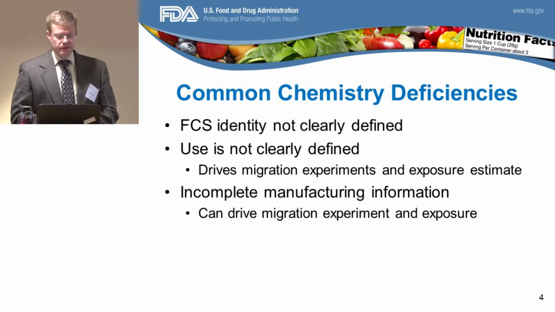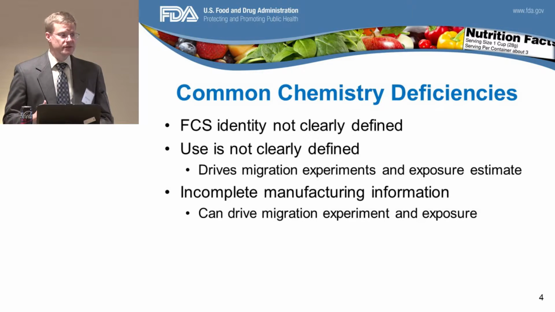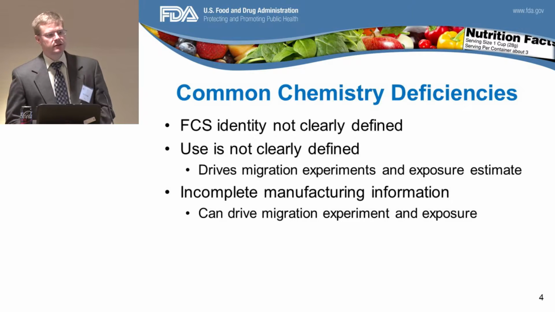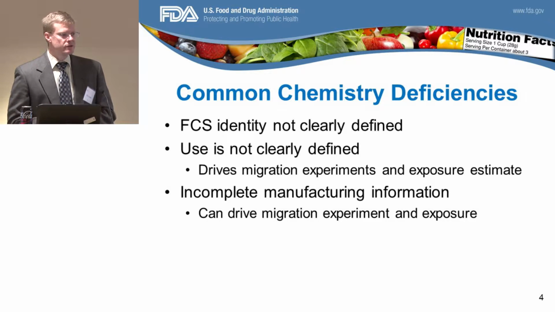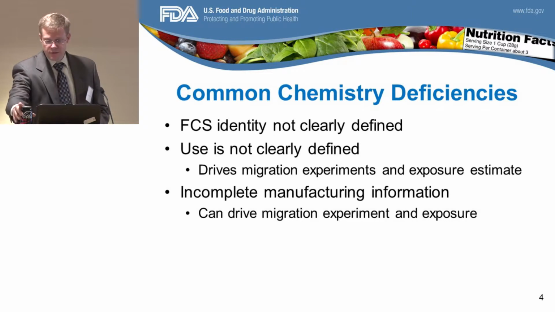The other thing I want to touch base on is the use of your material. It needs to be clearly defined. Okay, the use is actually going to drive pretty much everything else in your chemistry section of your food contact notification. It'll drive what types of migration studies you need to do. It'll also drive the exposure scenarios that you might use. So if you're using a repeat use item, we have specific exposure scenarios for that. So we're looking at residue levels, and you can use the quantity of food that that particular repeat use item will contact over its service life and derive a dietary concentration from those. Those things are usually fairly small exposures,